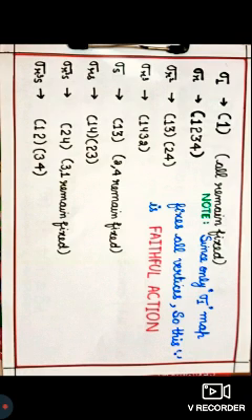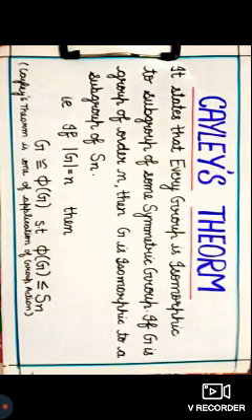Now let us discuss some applications of the group action. The most important application is Cayley's theorem. It states that every group is isomorphic to a subgroup of some symmetric group. If G is a group of order n, then G is isomorphic to a subgroup of S_n. That is, if the order of G is n, then G is isomorphic to phi(G) such that phi(G) is a subgroup of S_n.